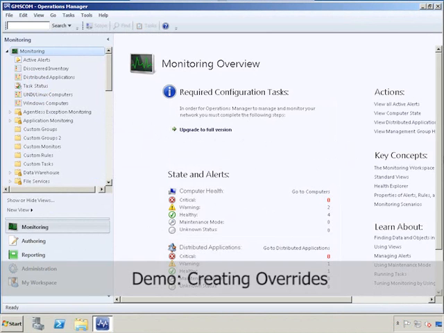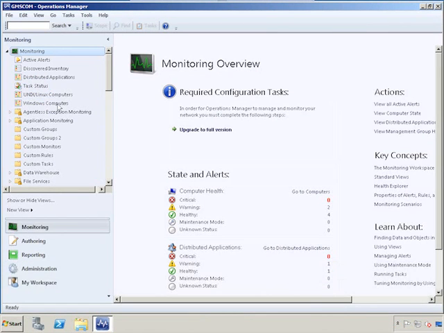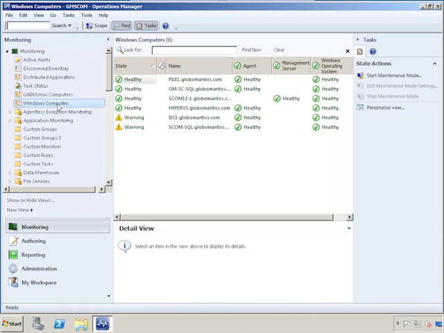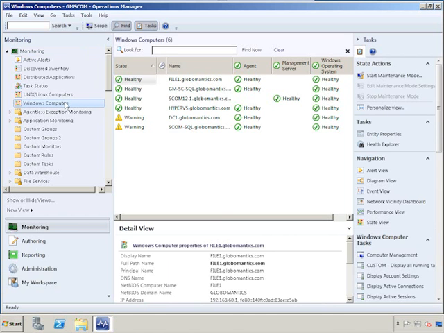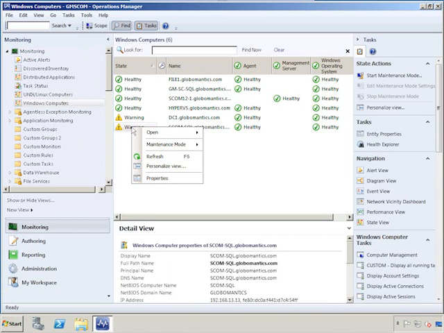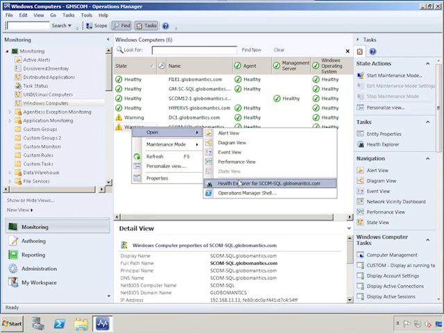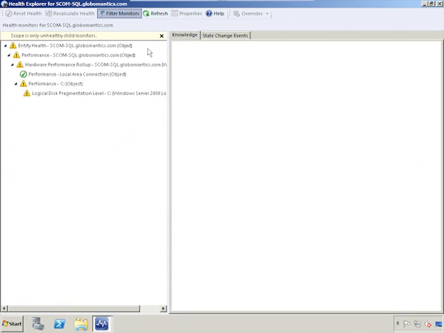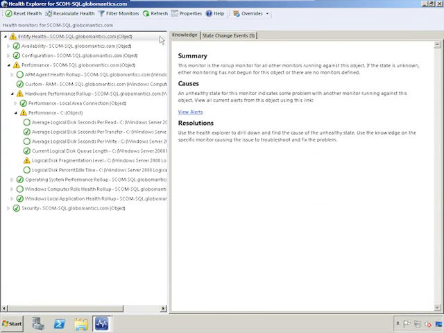And here we are at the Operations Manager console. And I'm just going to go to Windows computers because we're working with a couple of Windows computers here. So this is the easiest place to go to get started with the process. And you can see that I've got a server named scom-sql. Now, there's a lot of different ways you can go about creating overrides. This is the way I like to do it. Right-click the item, and choose Open, and then choose the Health Explorer. As you may have seen before, Health Explorer generally scopes to only things that aren't working. So we're going to disable that so we can see everything that's being monitored right now with regard to this